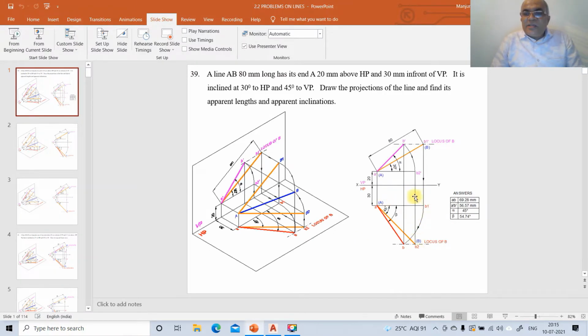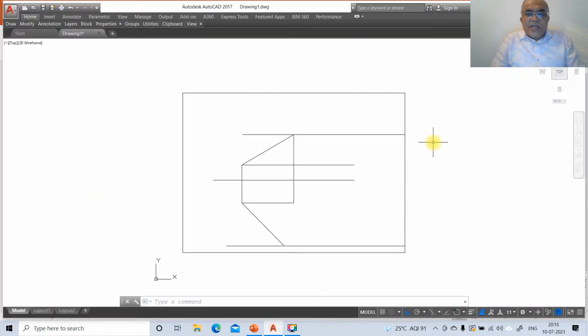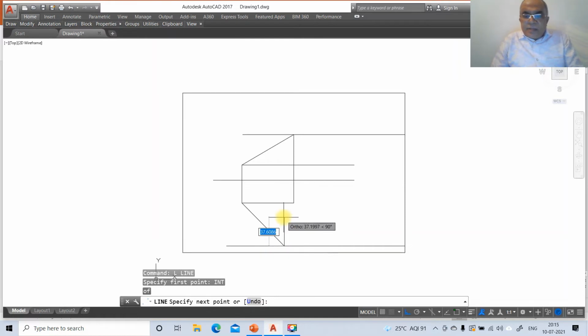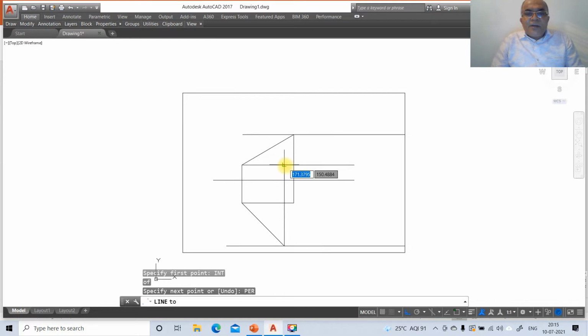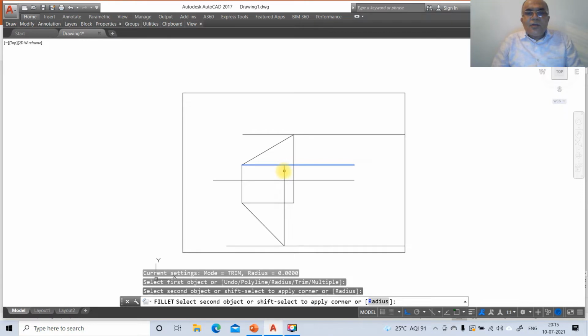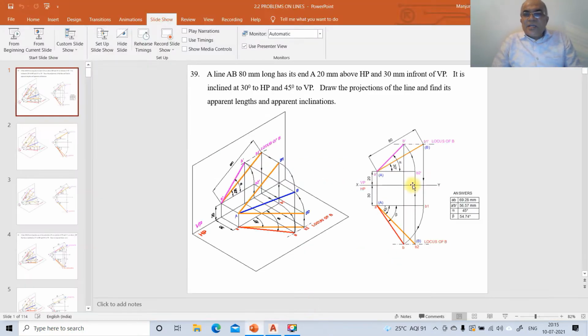Similarly, from the intersection point of this perpendicular to this. So to do that, go to line, take the intersection point of this and take perpendicular to this line, PER, perpendicular to this. Then you chop off this extra from here to here. Now we got these two. Then from here you draw a circle with center point as this and the intersection point of this as the radius, you draw the arc or a circle. Similarly, from the intersection of this to the intersection of this as the radius, you draw this circle.